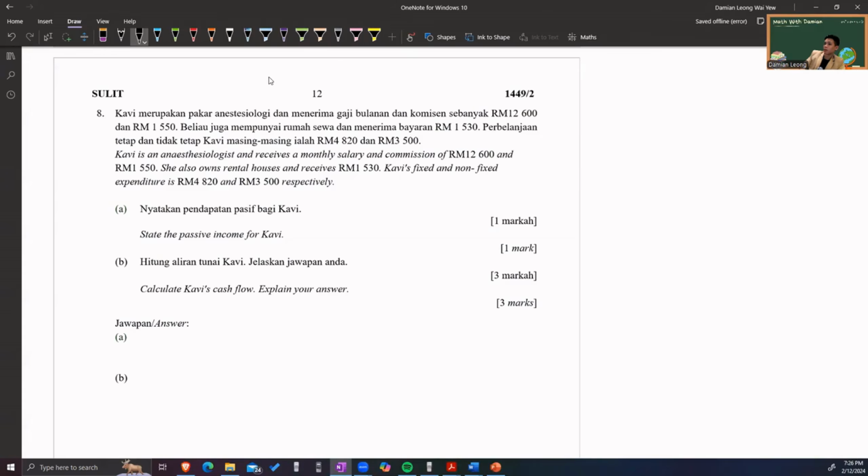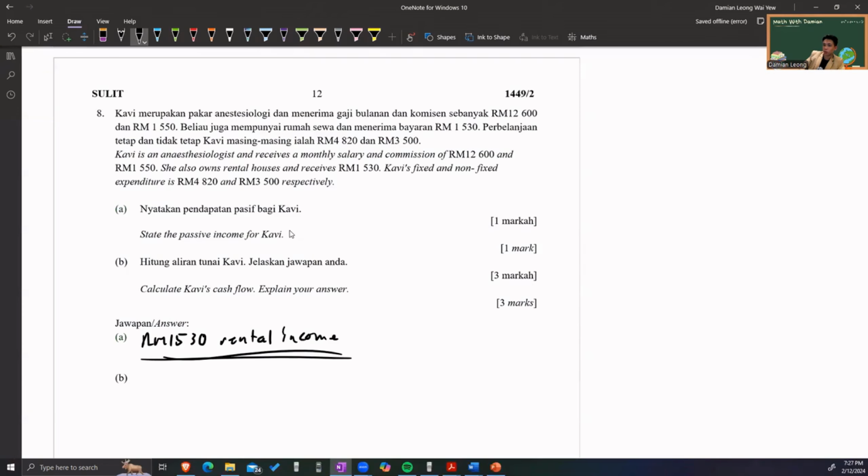So a passive income basically is the rental from the house, means 1,530 ringgit. Yeah. Okay, it's just that 1,530 ringgit rental income. Okay. Then